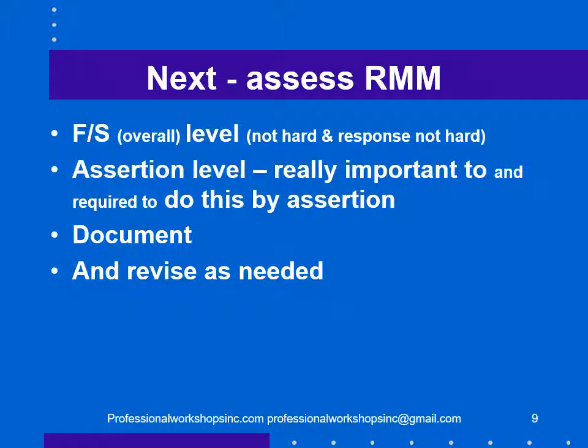So if your assertion at risk is bad debt expense may not be right, or allowance for doubtful accounts may not be right, and you decide to respond to that by agreeing a bunch of invoices to the accounts receivable subledger, well, that's a really nice test, but it doesn't have anything to do with whether or not allowance for doubtful accounts is sufficient. So do your planning, assess risk of material misstatement by assertion, document it, and of course, revise it as needed.